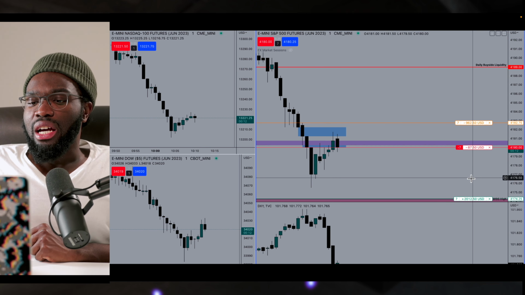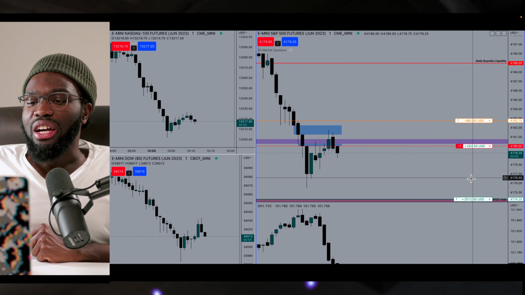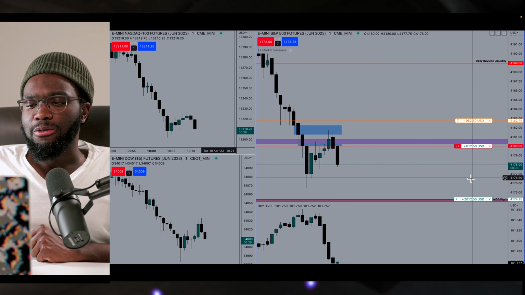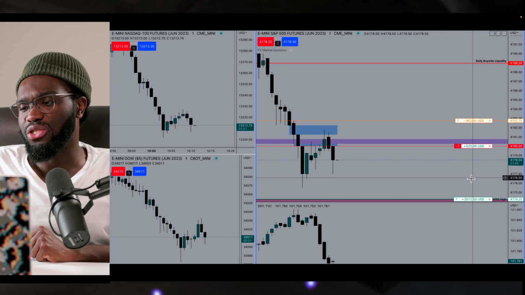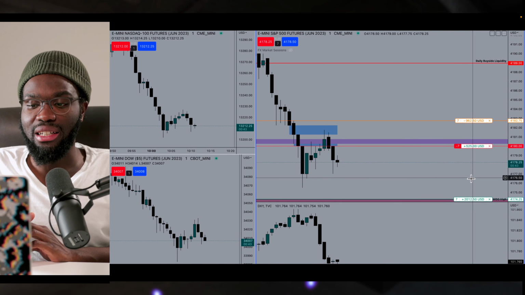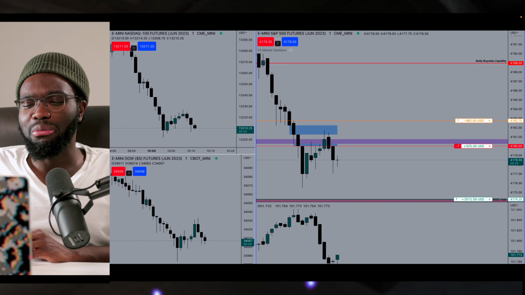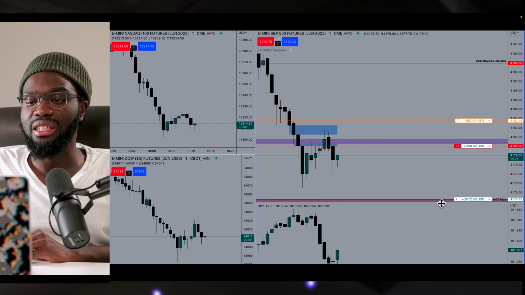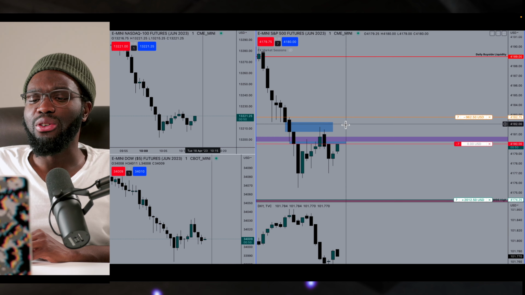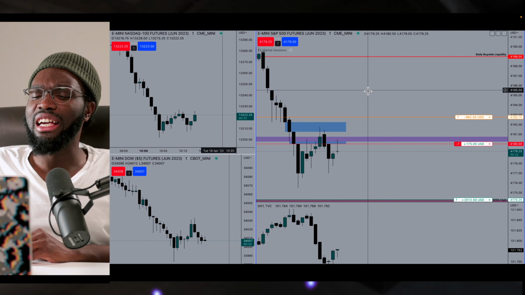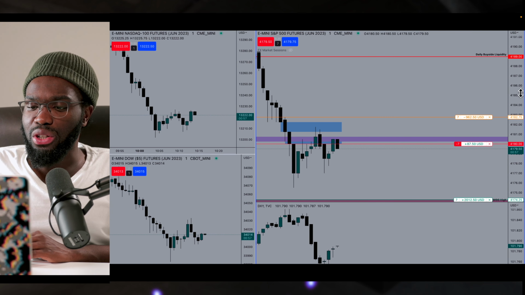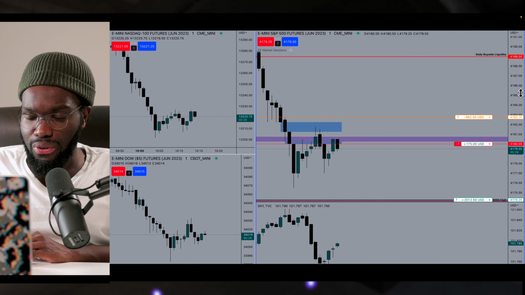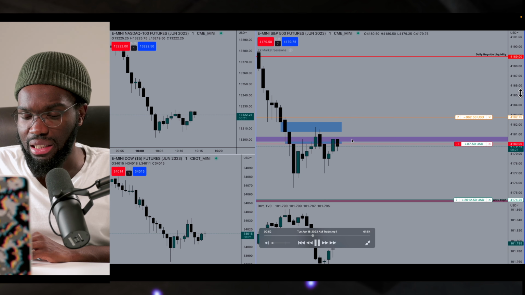So this is the point where a lot of traders get scared. They close the trade maybe at a loss, because you see it gives you a little bit and it comes back, puts you in a bit of a hit again, gives you a little bit and comes back down. So I was seeing a nice move down, but it comes up. I could have killed this trade, but the only reason I was going to kill this trade is that inversion fair value gap, which is this purple line here.